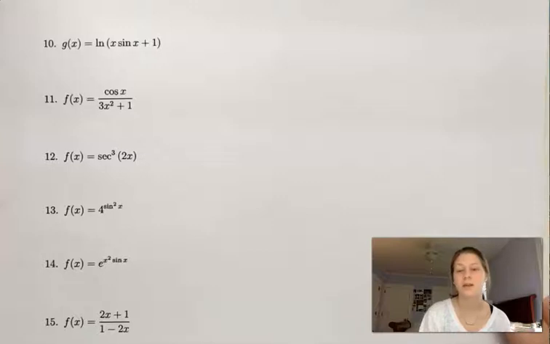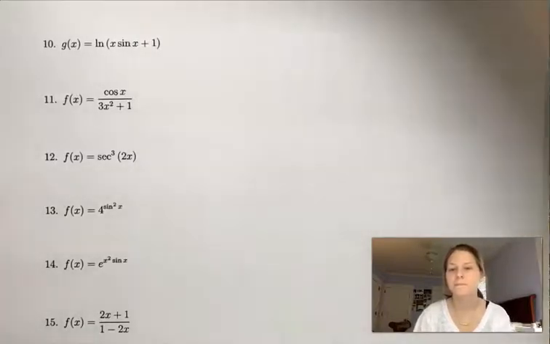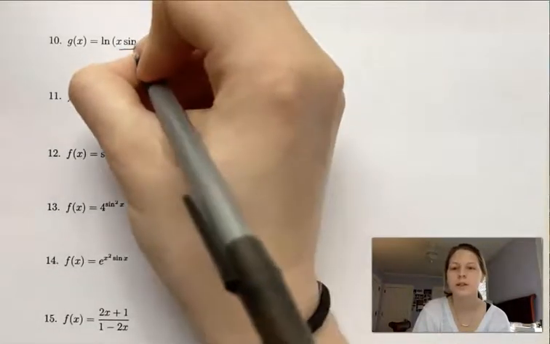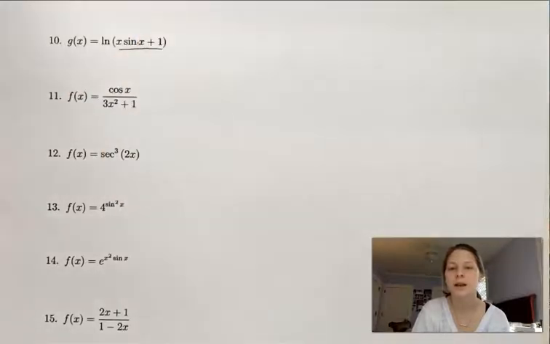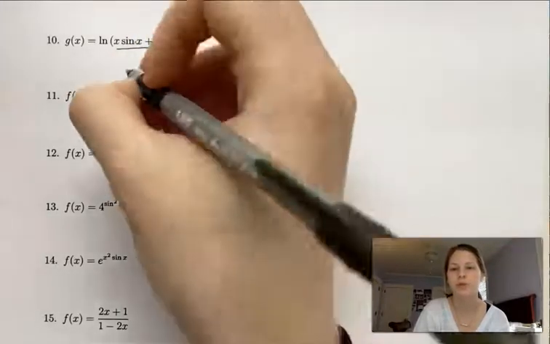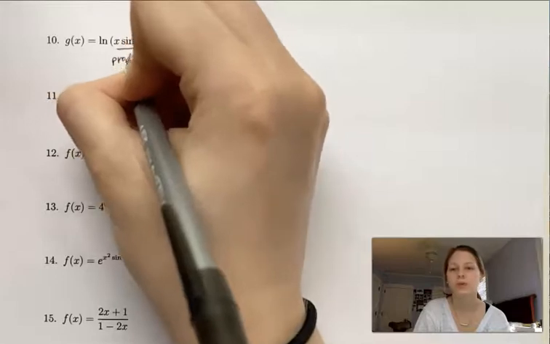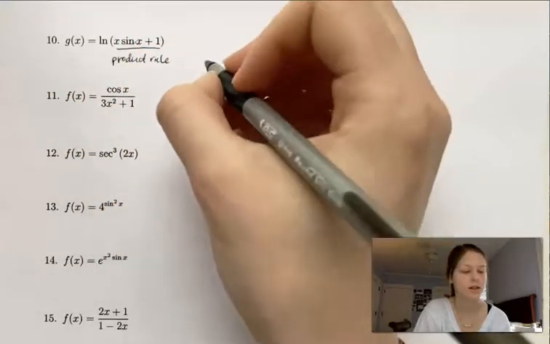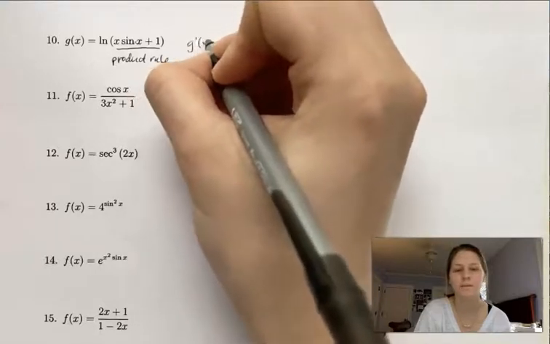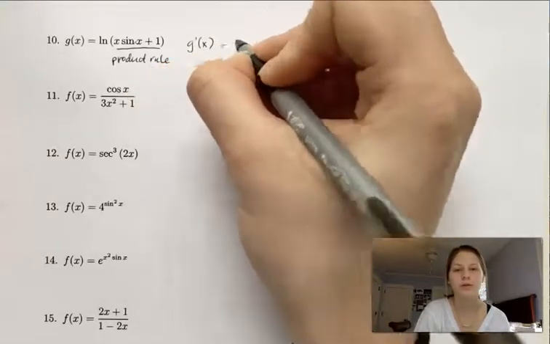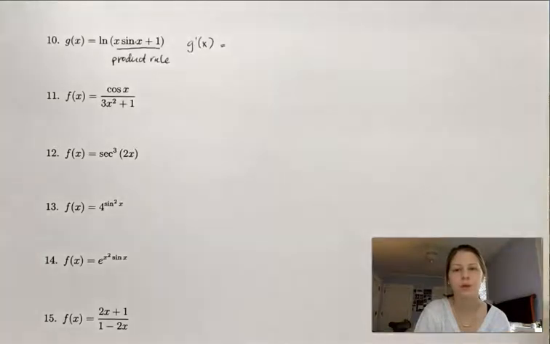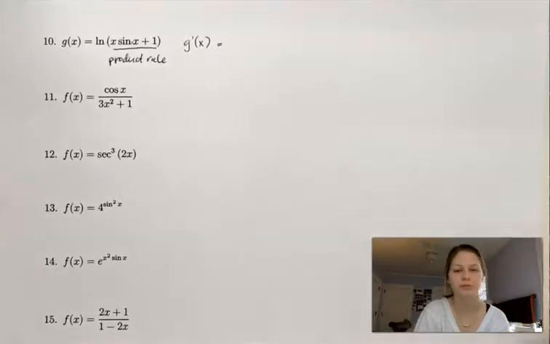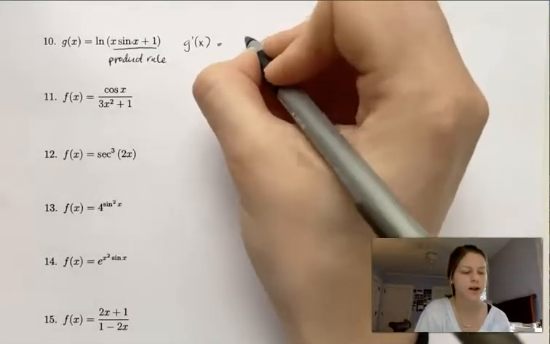So we're moving on to the next page of derivatives. Okay, so number 10 is a pretty simple product rule question with the chain rule also involved. And so for the answer for this one, we'll get g prime of x equals 1 over x times sine x plus 1